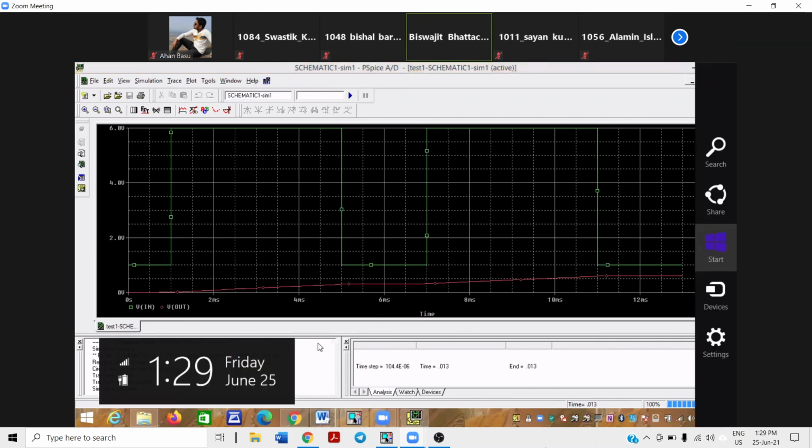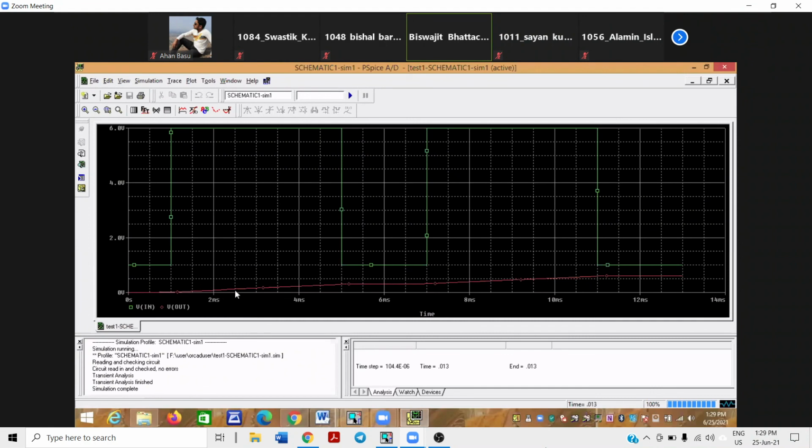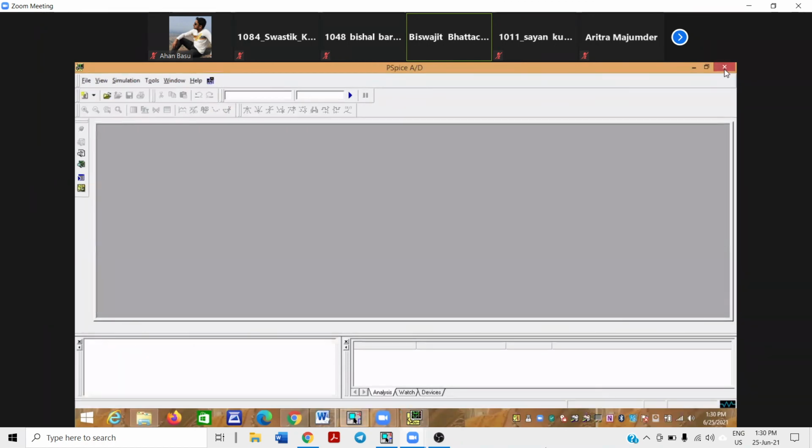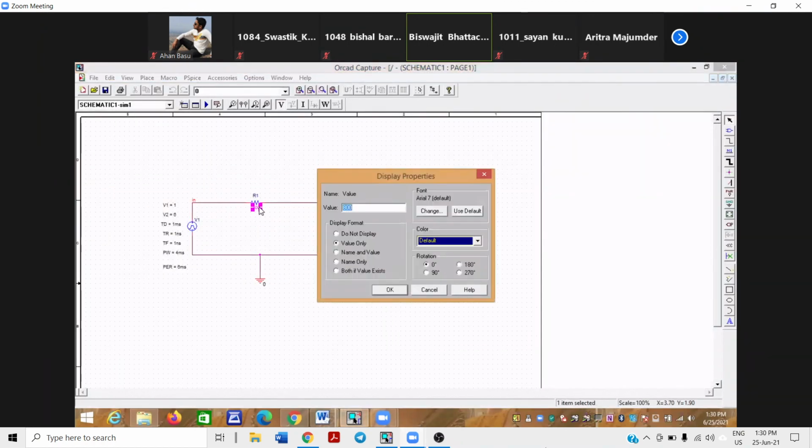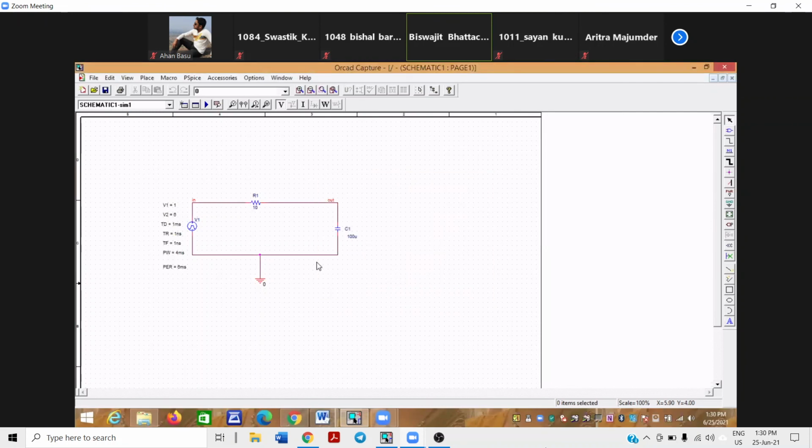And actually you see the pulse is rising, then falling, but the fall is not complete. If we reduce the value of the capacitor, it can discharge quickly. It will discharge to 0 value. I want to show you: if we reduce the value of the capacitor, the RC time constant of the circuit will be low and it will discharge to 0 value. Let's see how. I close it. So I just reduce the value of the capacitor. Instead of writing 80, say I write 10. The RC time constant is very low. So I run it. Run. Now click.